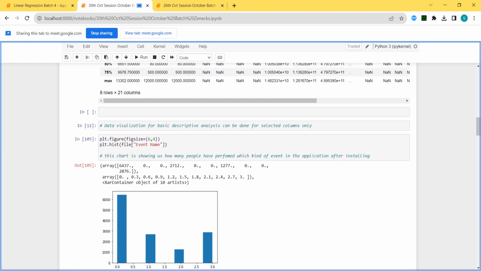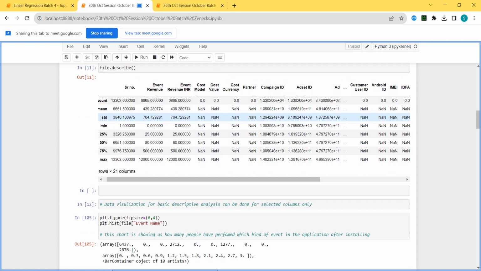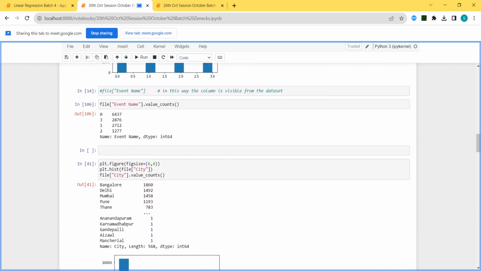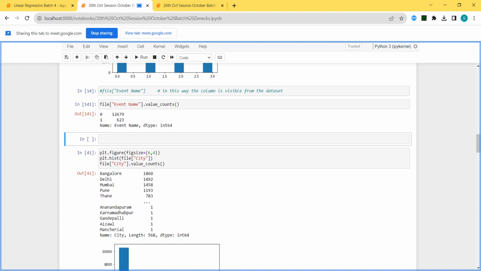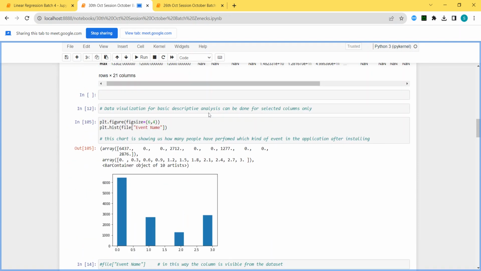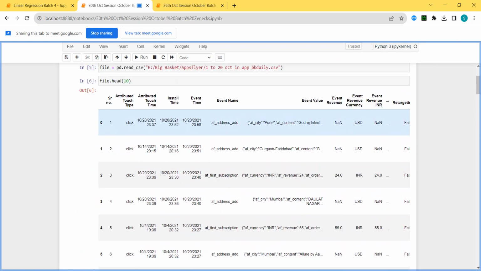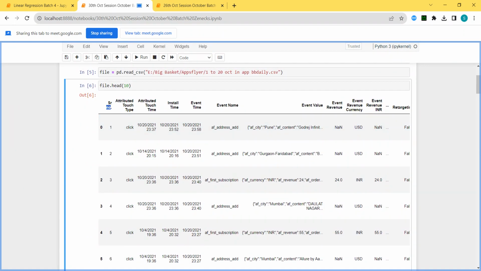And if I want to check value counts, I can check it over here, value counts. So it is mentioned in 0 and 1. No, 0, 1, 2, 3, 4 and 5.